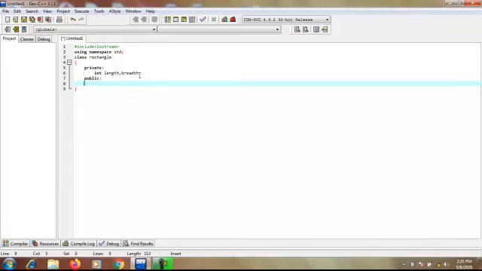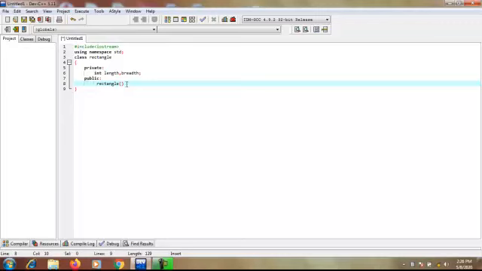So here the name of the constructor is rectangle. Then use the parenthesis, and you see that the constructor does not have any return type. So when we declare the name of the constructor, no return type is written.